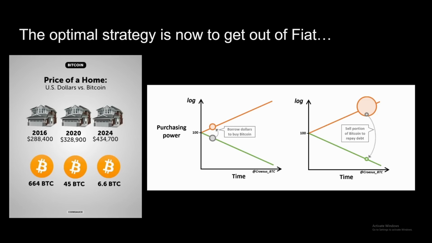So as you remember, we saw that price of a home in US dollars from 2016 to 2024 going up, but the price of that home is now actually reducing in terms of Bitcoin. You know, previously costing 664 Bitcoins and now only costing 6.6 Bitcoins. And on top of this, we are actually incentivized to borrow as many dollars as we possibly can and buy Bitcoin with those dollars, because the dollar is guaranteed to go down as per the incentives of fiat. And just as everyone who has done well buying hard assets with borrowed money over the past 40 years, likely that is going to happen if you do the same with Bitcoin, not financial advice.